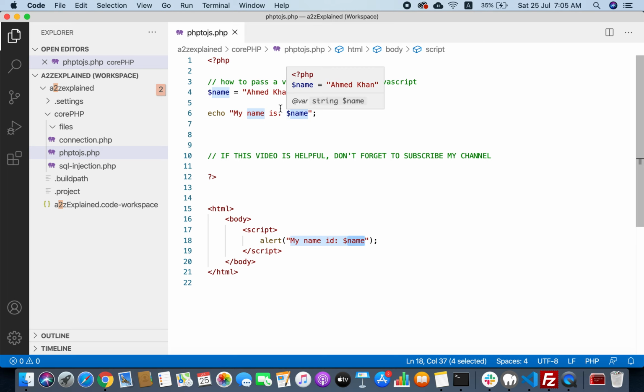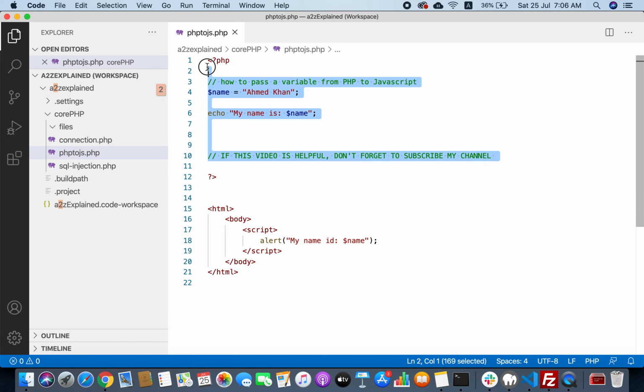Actually the problem is that this variable was generated on the server. This line gets executed on the server, and as soon as this HTML was generated, our PHP has stopped its execution, and it has deleted all its variables.